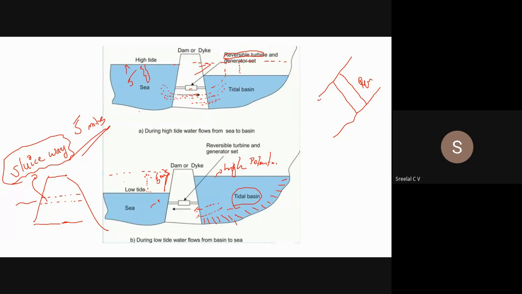Okay, then you can directly hit to this particular section, and you can draw this section, and you can say this particular tidal basin, and the important thing is the reversible turbine as well as the sluice way, the small opening through which the water flows from the sea to tidal basin, or the tidal basin to the sea. Okay, or vice versa. Okay, this is the things we have to discuss in the case of tidal basin. Do you understood? Yes, sir. Okay.